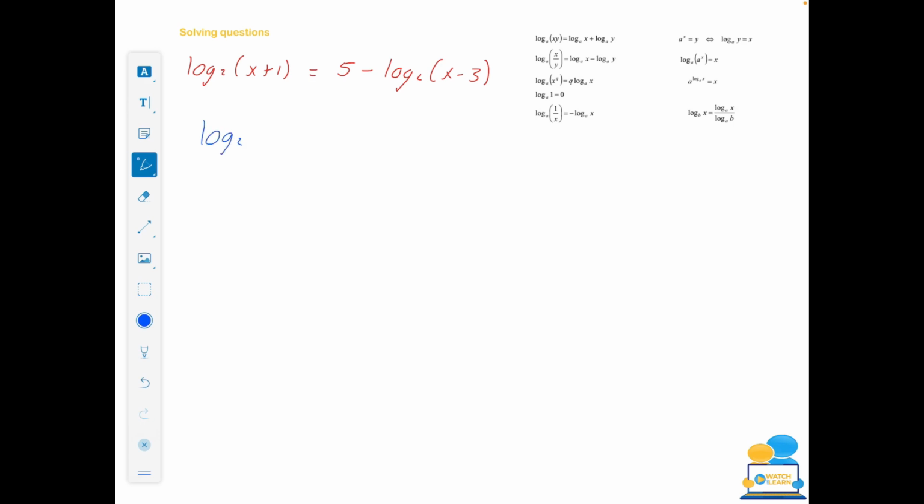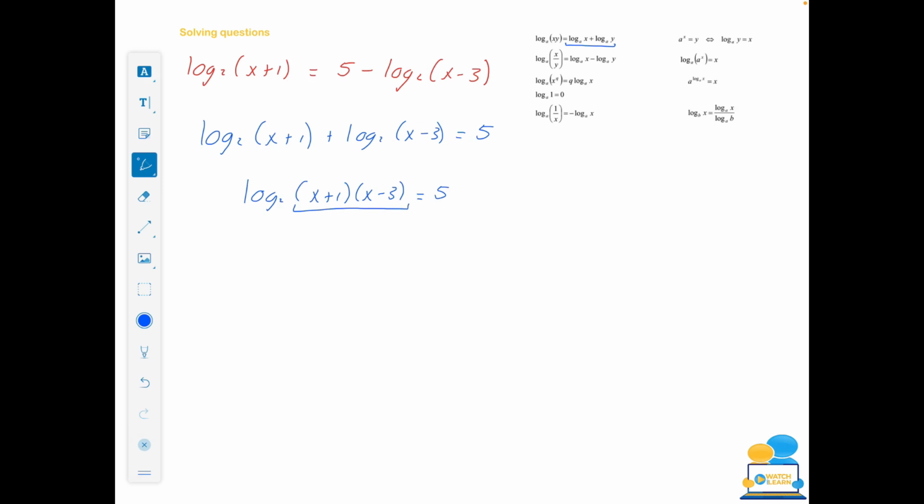Okay, so I'm just going to rearrange this. I'm going to bring this over here and it'll change to a plus. That'll be log to base 2 of x plus 1 plus log to base 2 of x minus 3 is equal to 5. Now this matches up perfectly with rule number 1 here. We have two logs with the same bases being added together, which means we're going to multiply the bits that come after the logs. So it'll be log to base 2 of x plus 1 multiplied by x minus 3